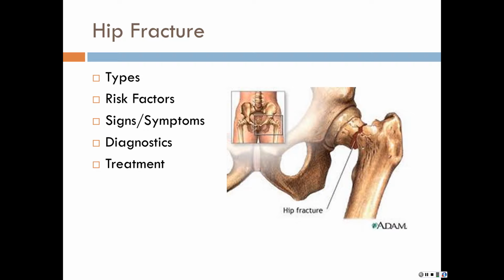The Buck's traction is basically you put a boot on the patient's affected foot. It goes up from their foot to their mid-calf. It's a soft boot that's got a rope tied to the end of it and then a weight attached to that. You hook it up to a device on the bed, and that weight is going to pull their leg straight,